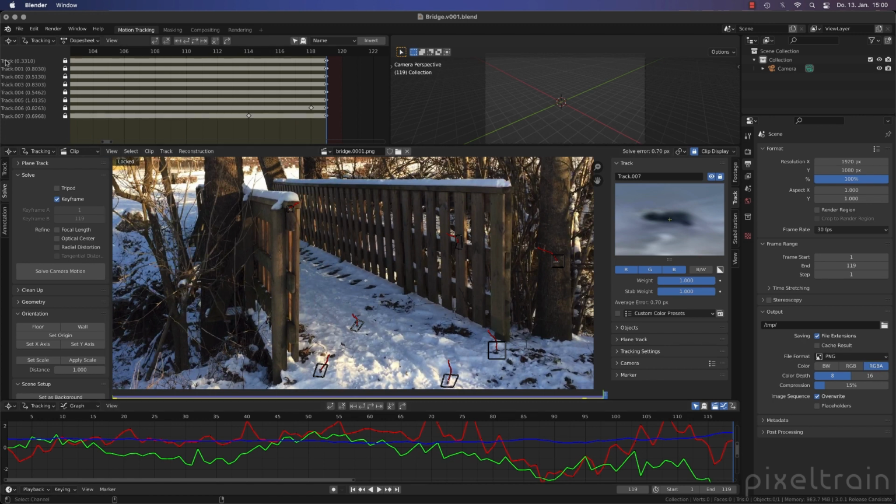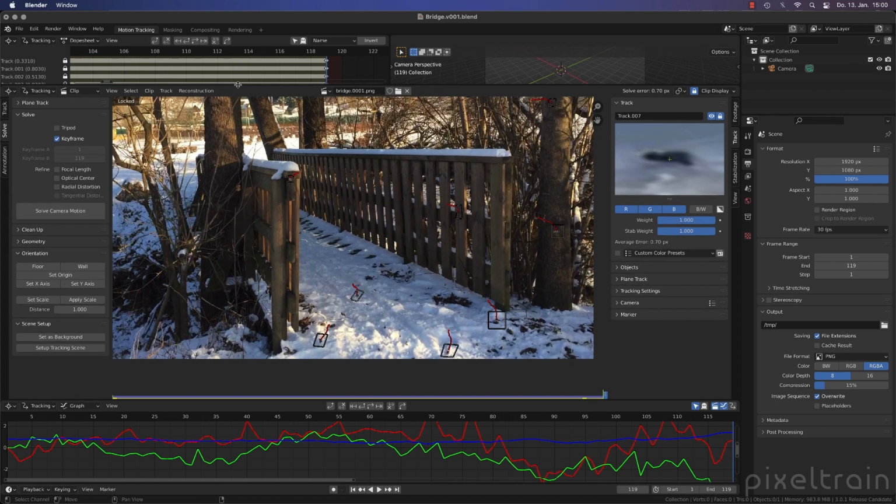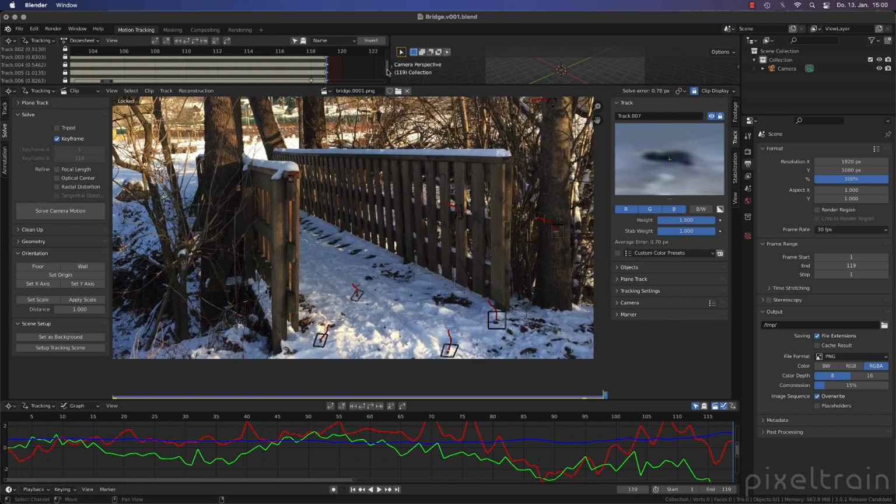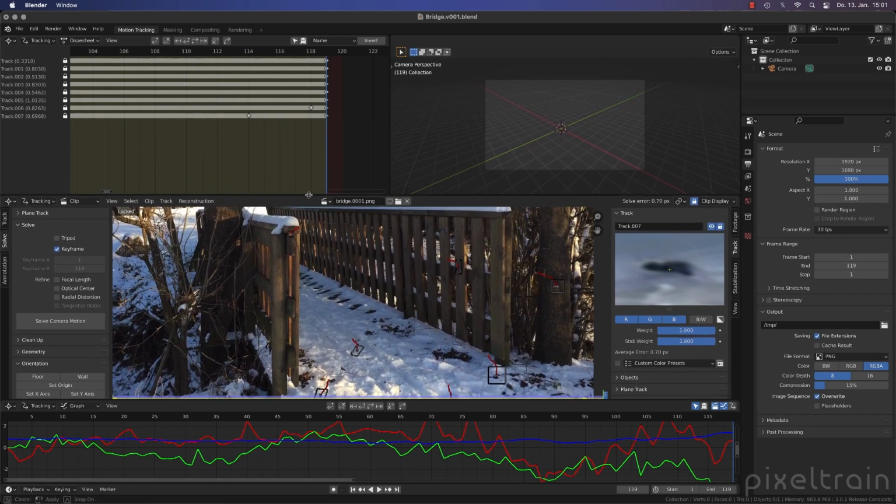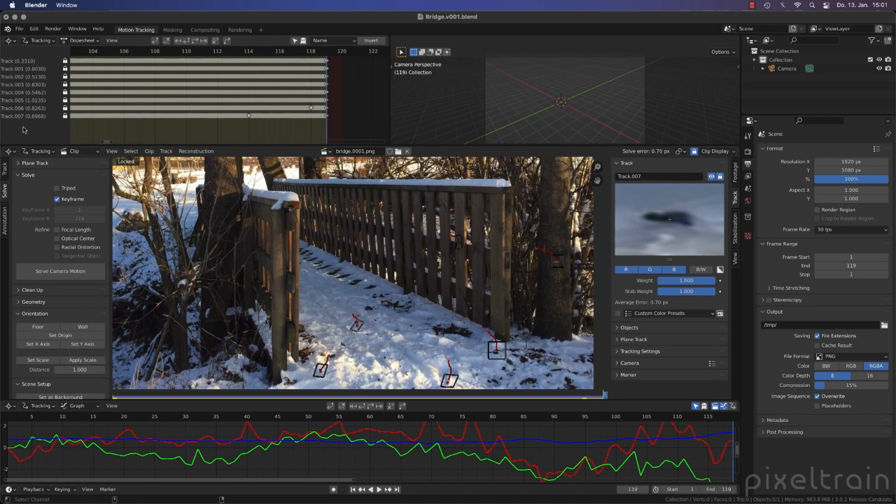Another thing is that behind every tracker, we have the error of the tracker. And what we can do is sort this list. If the list is quite long, if you have a longer shot, you can go here on the right side and there's a scroll bar if you go close enough. So this can help you if you have a lot of trackers. You have to go into the direction where the scroll bar is and then it comes up.